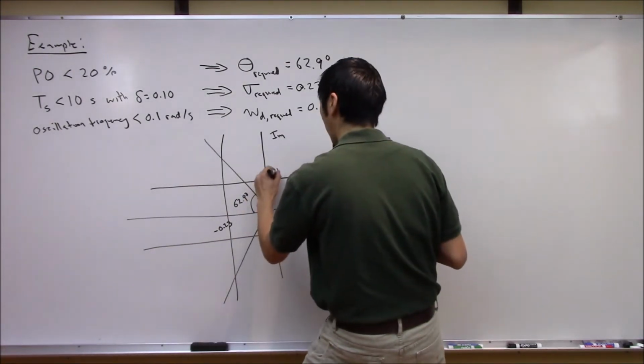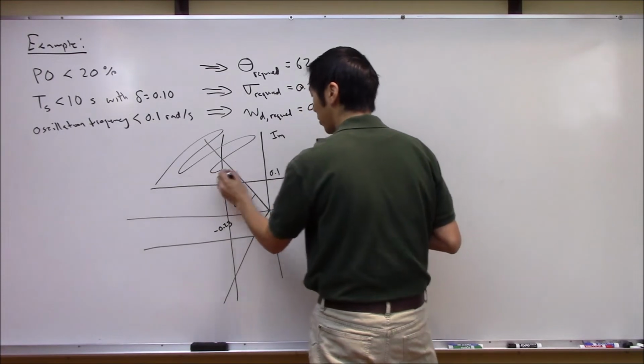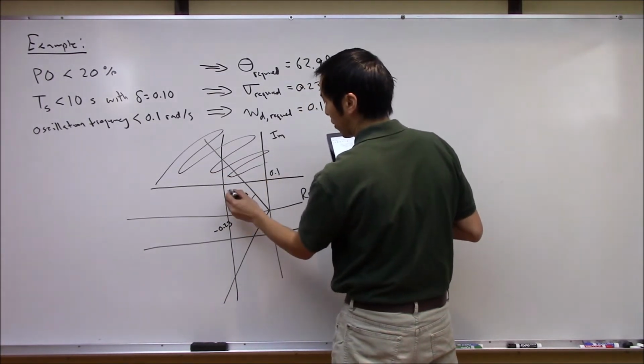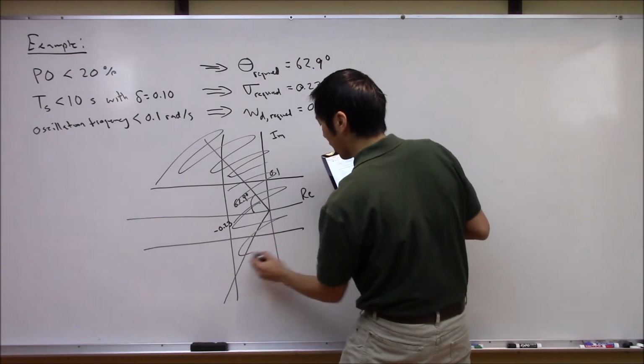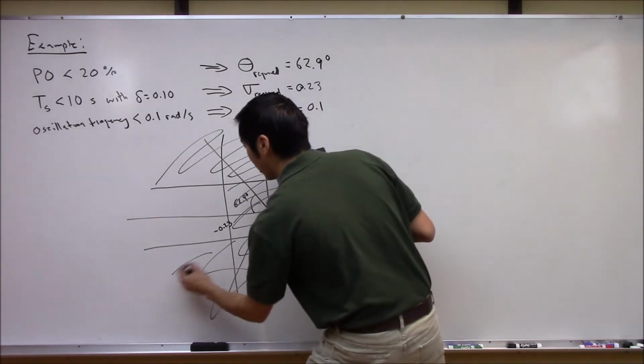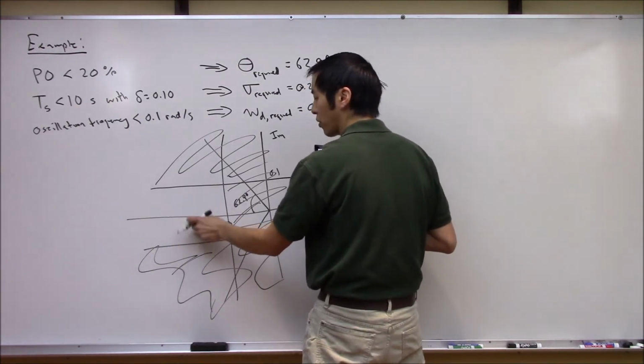Here at 0.1 here, right? And all of this other region outside was inadmissible, right? So all of this is inadmissible. I want to make sure I sketch this accurately. All this is unallowed. So the only thing that's legal here is you better make sure that your poles end up in this white